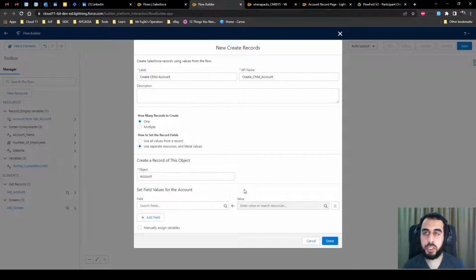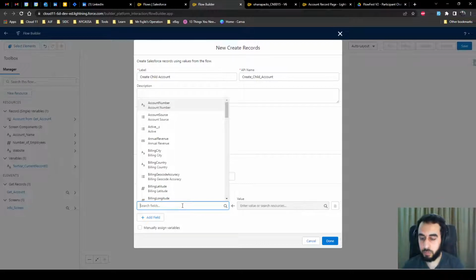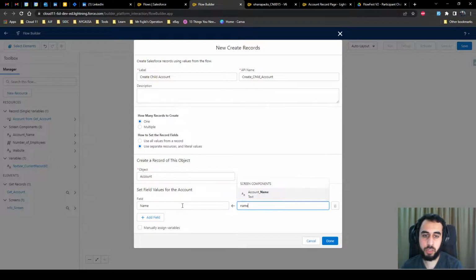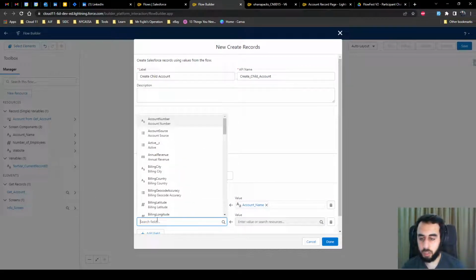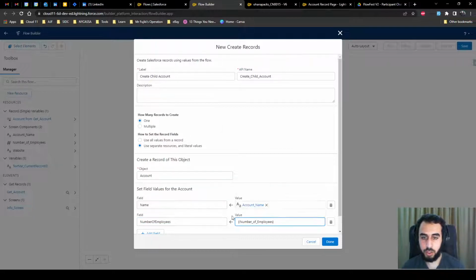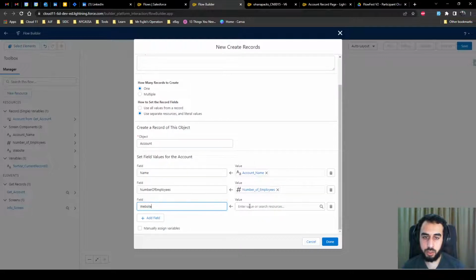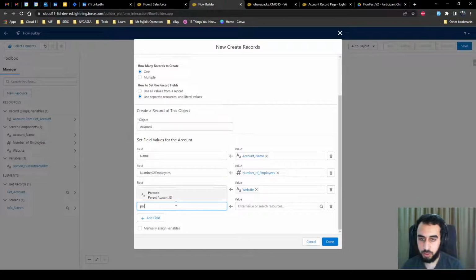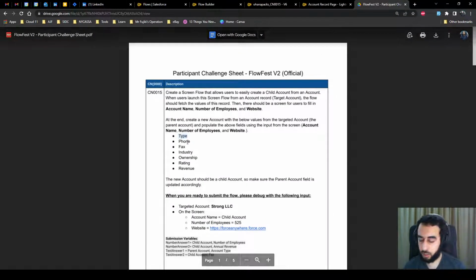Now, what information do we need to pass into this account? Let's take the screen information first. So we have the name. It's going to be from the screen, and then we have the number of employees. That's also from the screen, and we have the website. That's also from the screen website. We need the parent ID to be the same ID from which we are opening the flow, and then the remaining values should be the ones that are stated in here, like the type,